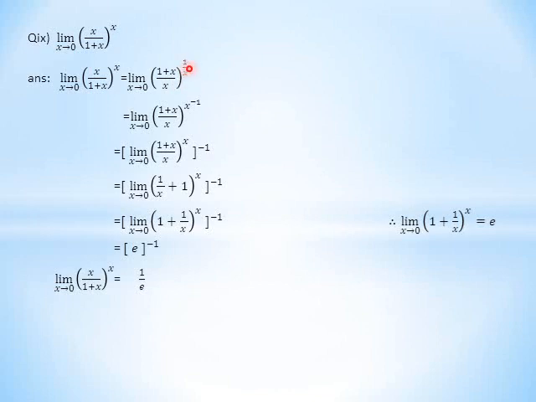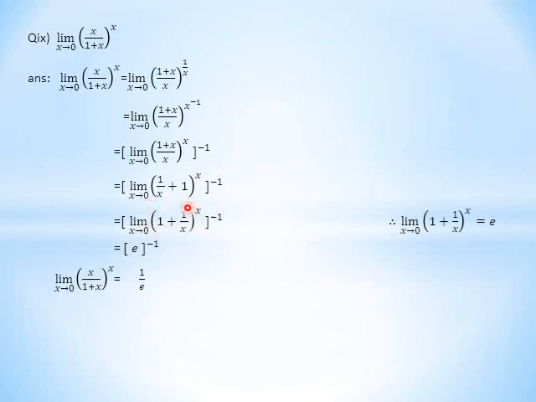And 1 upon x, I can write as x raised to the power minus 1, and I made minus 1 the whole power. So (1 plus x upon x), with x the same, and minus 1 is outside the bracket. Now I'm just breaking up the LCM: 1 upon x plus 1, because I want to make this 1 upon x plus 1. 1 plus 1 upon x, both are the same, because we can apply the commutative property with respect to addition. So (1 upon x plus 1) raised to the power x minus 1, I can write as (1 plus 1 upon x) raised to the power x minus 1.